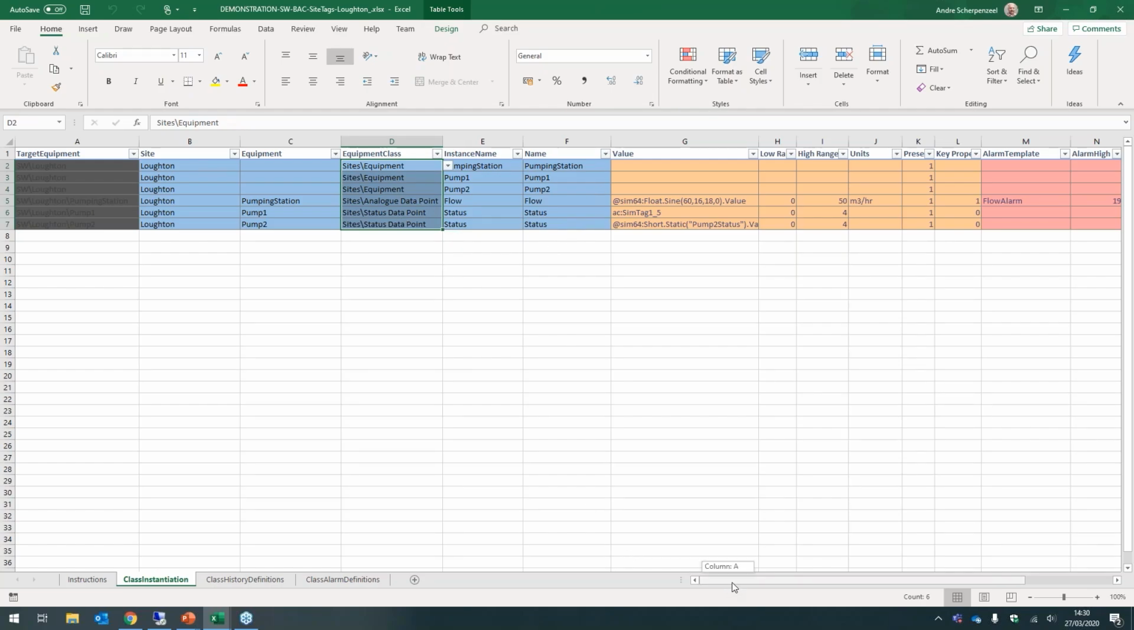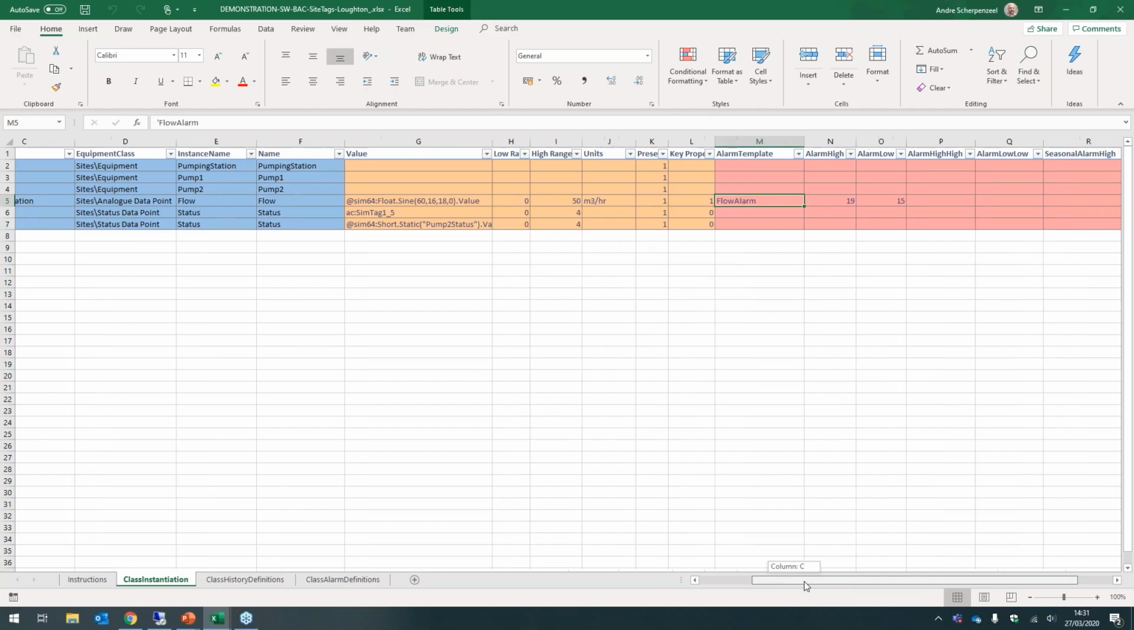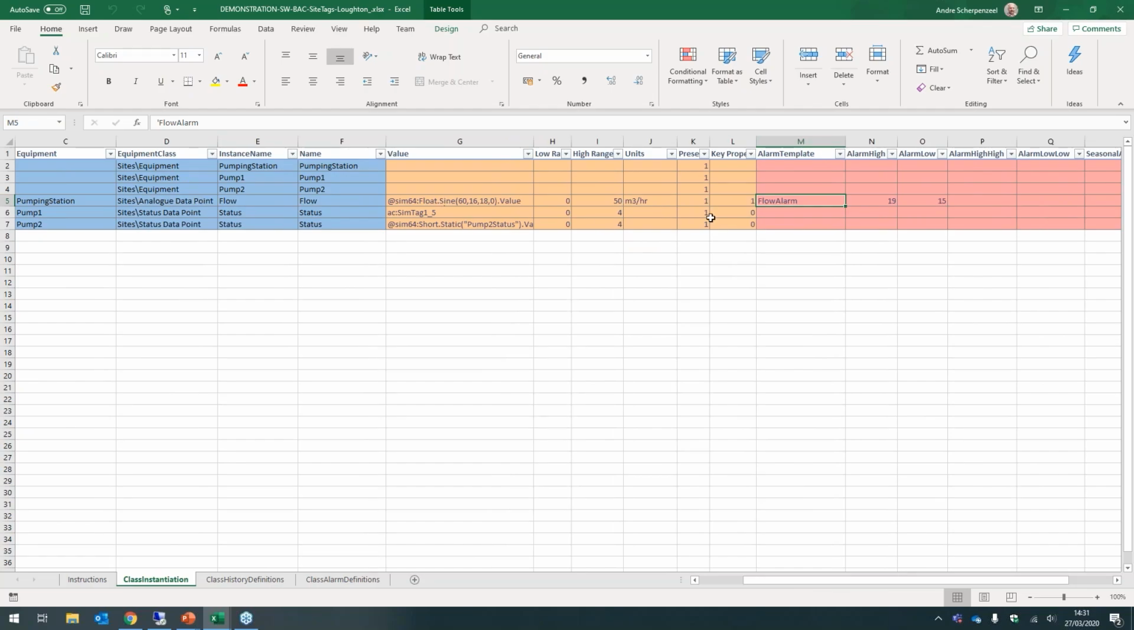And then the key part here is that you fill in these simulation tags, basically of different kinds, but this is where you would point it to your PLC tag. You may type in some low and high ranges if they're not automatically defined. You could type in some units, and also at this point in time, in this case for the flow, we